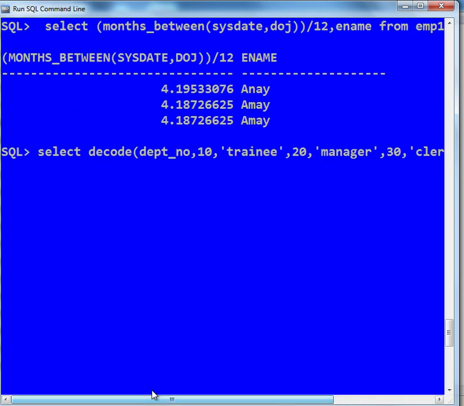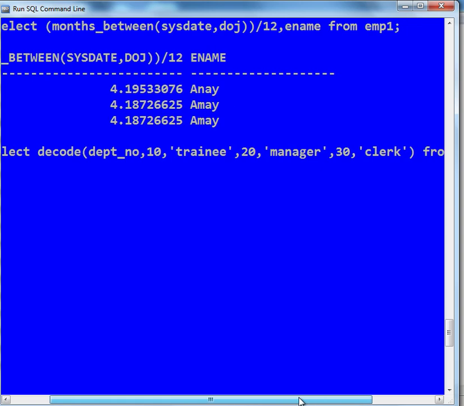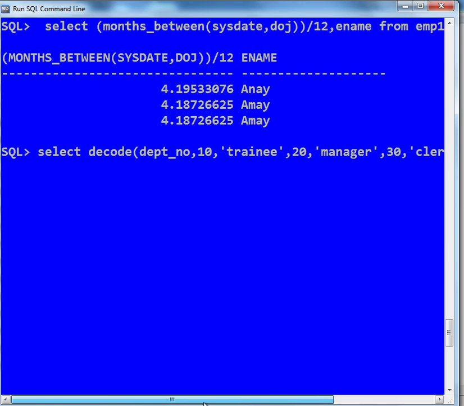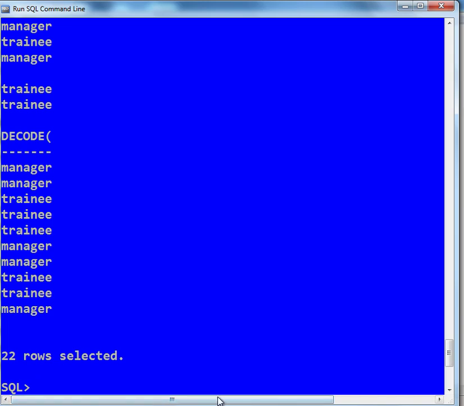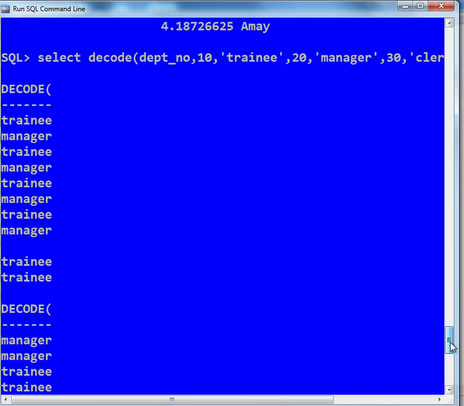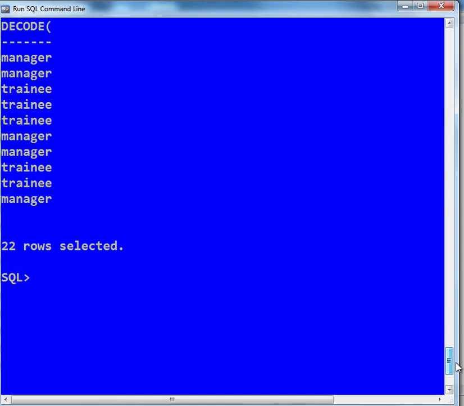So we write the decode function, and here I am using department number, the name of the column, and 10 will be translated into trainee, 20 will be translated to manager, and 30 will be translated to clerk, from the EMP table. So just see here, every value has been decoded.